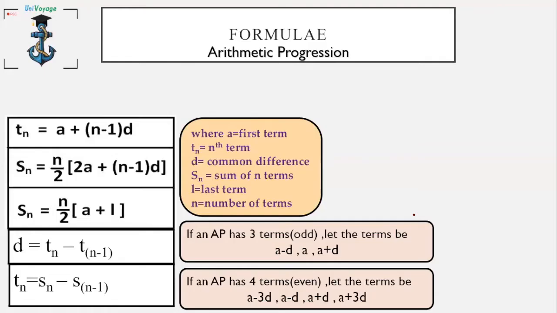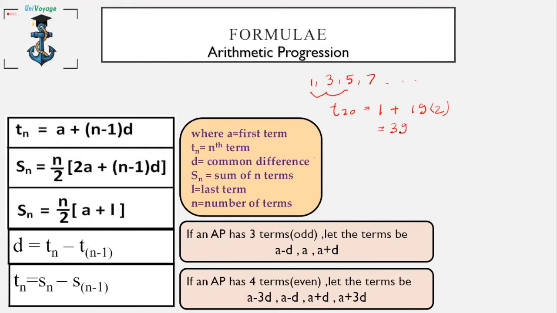So here are some formulae which you should know when you're talking about the arithmetic progression, right? I'll explain this to you through an example. Let's say we have 1, 3, 5, 7, and so on. We're asked to find the 20th term of this sequence. So T20 would be a, which is 1, plus n minus 1, which is 19, into d. So what is the common difference here? The common difference you can clearly see is 2, right? This would give you 39.